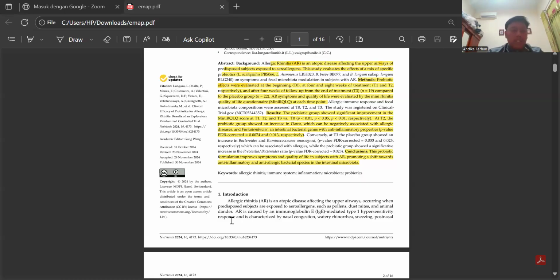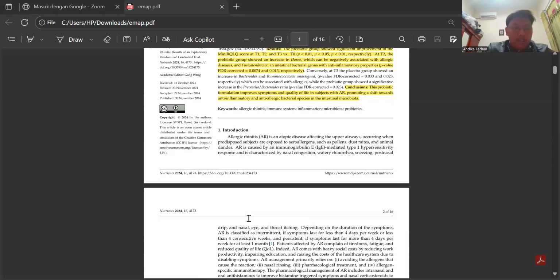So, what is CONSORT? CONSORT stands for Consolidated Standards of Reporting Trials. It is an evidence-based set of recommendations for reporting randomized controlled trials, or RCTs. The goal is improved transparency, completeness, and clarity, which are essential for the validity and reproducibility of clinical research.